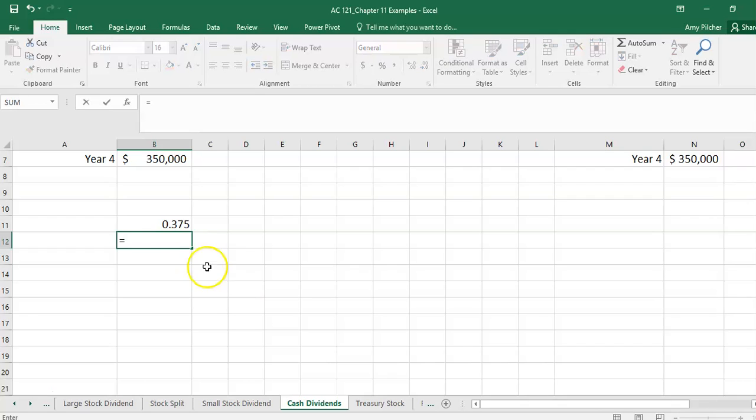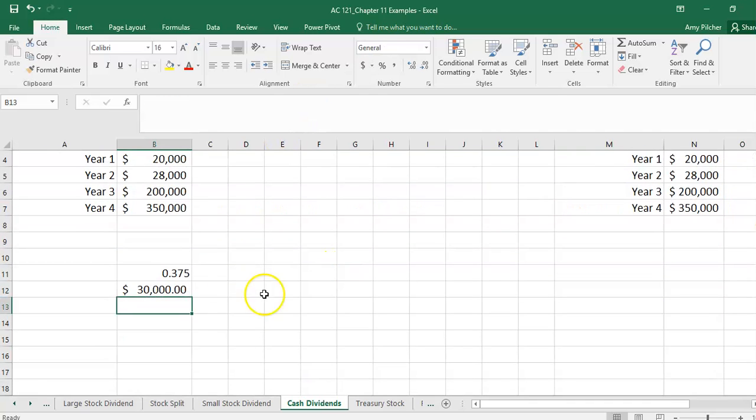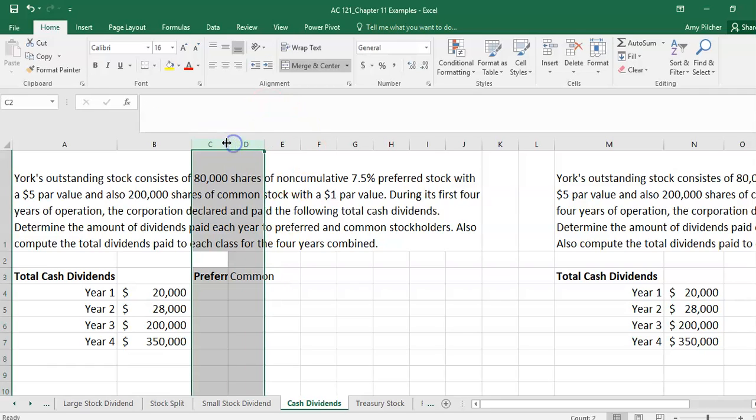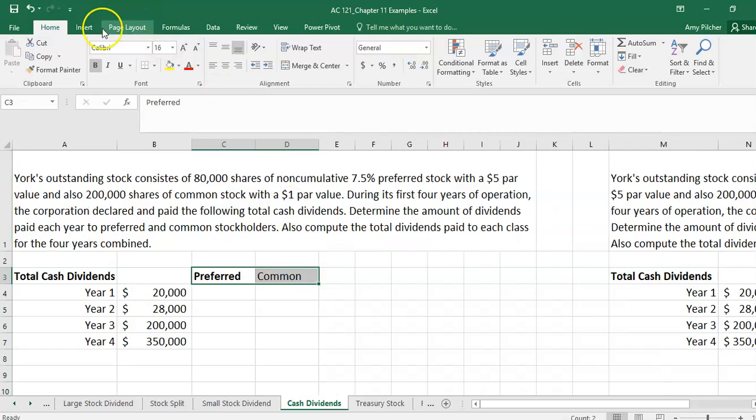Then we take that amount times the 80,000 shares outstanding of preferred stock. So every year we have a guaranteed preferred stock dividend of $30,000. So if we are going to look at who gets what kind of dividends for our preferred stock and our common shareholders,